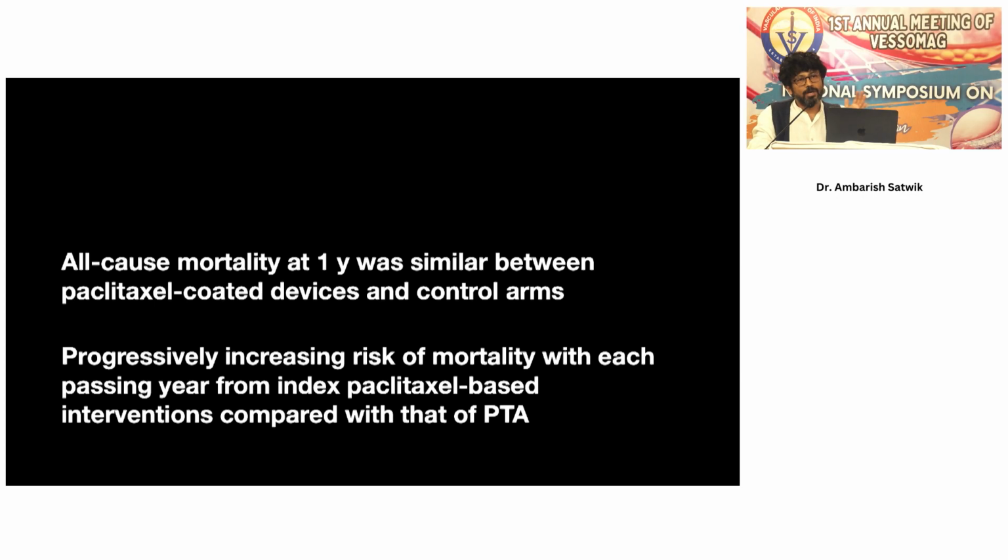But as you track these patients along the natural course of their disease, at 2 years, there is a 7.2% mortality for drug-coated balloons versus a 3.8% mortality for non-drug-coated balloons. At 5 years, the mortality almost doubles to 14% for drug-coated devices versus 8% for non-drug-coated devices. All right? So this development, the Katsanos meta-analysis, very dramatically repositions at least paclitaxel devices, demoting them from the pedestal